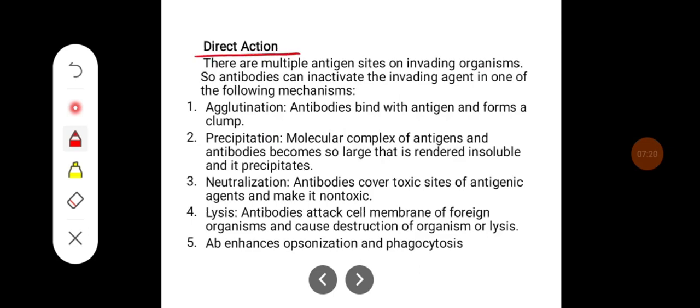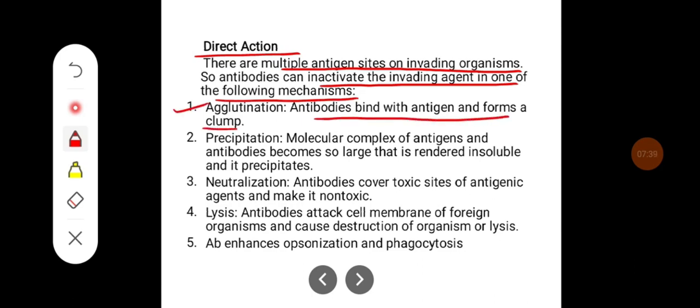Direct action: the antibodies act on the multiple antigen sites on invading organisms. So antibodies can inactivate the invading agent by one of the following mechanisms. They may lead to agglutination, that is, antibodies bind with antigen to form a clump. They may lead to precipitation, that is, the molecular complex of antigen and antibodies becomes so large that it is rendered